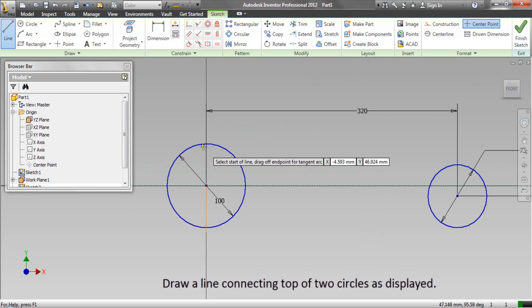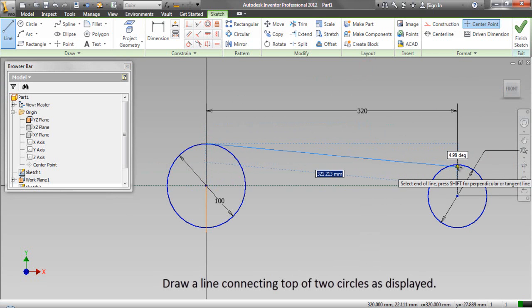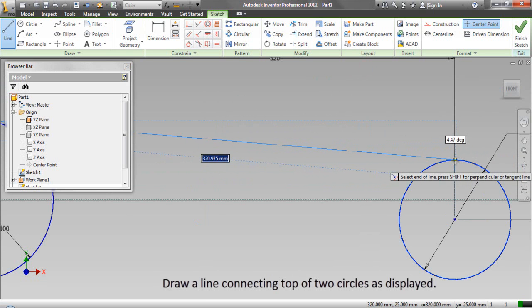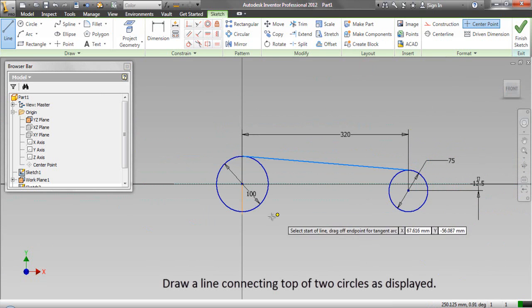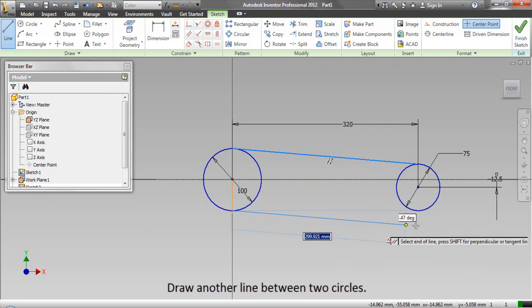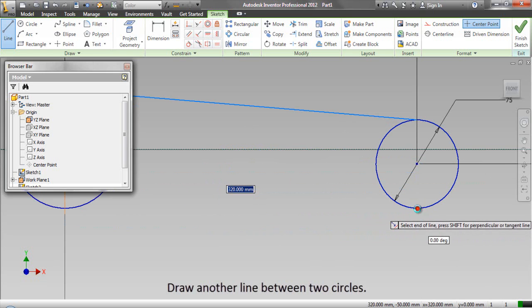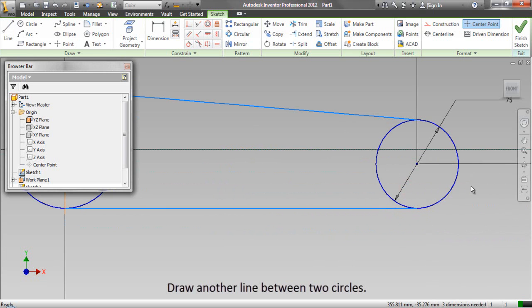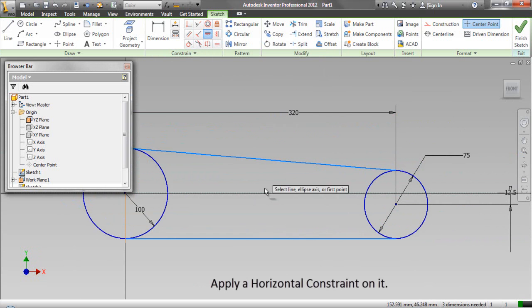Draw a line connecting the tops of the two circles as displayed. Draw another line between the two circles. Apply a horizontal constraint on it.